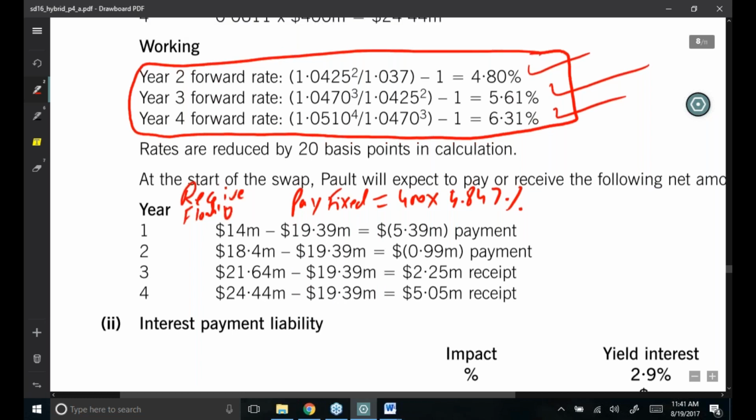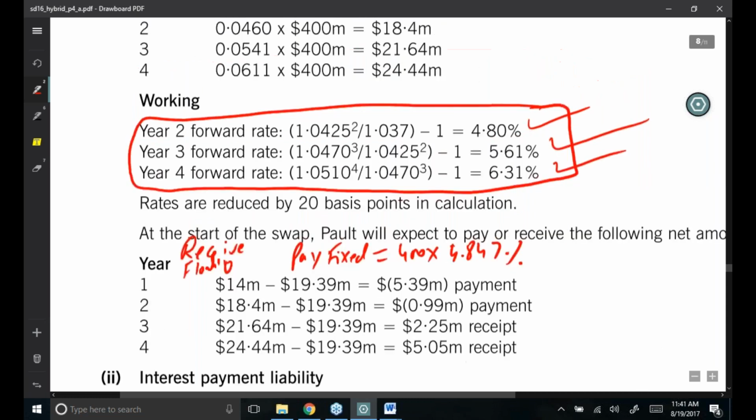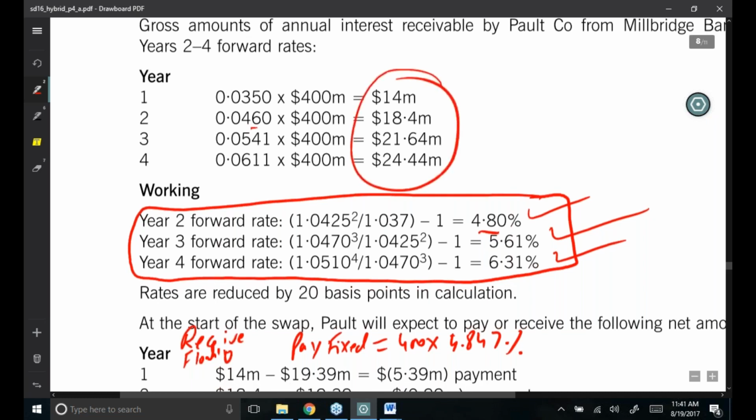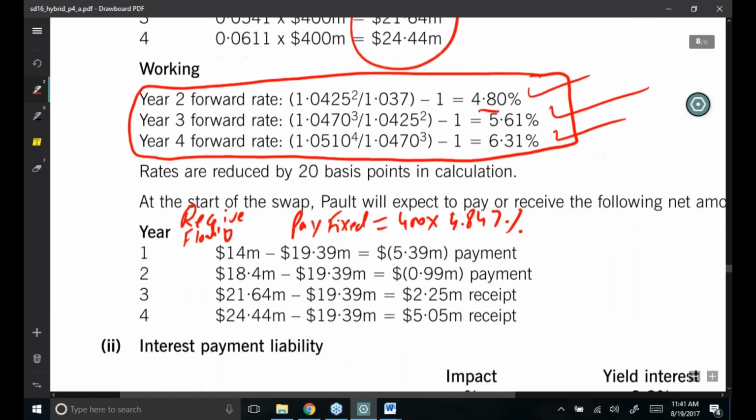This was based on the forward rates less 20 basis points. Here it is. In first year, 3.7, you use 3.5, 4.8, 4.6, 5.61, 5.41, 6.31, 6.11. Multiply it with the 400 million. That's what you receive in the shape of floating. So you will receive floating, you will pay fixed. That is the structure of